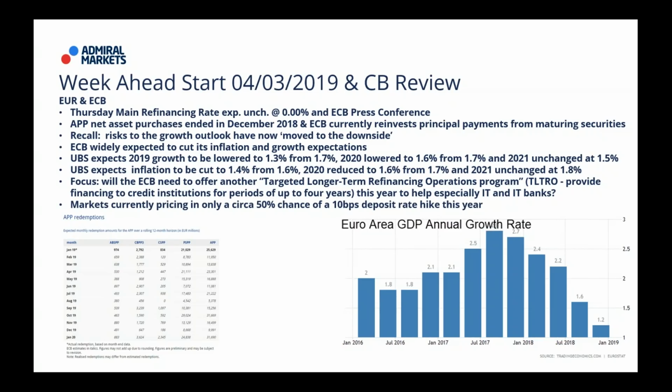Markets are currently pricing in only a roughly 50% probability of a 10 basis point deposit rate hike this year. I, at the moment, don't see it at all in 2019. I know that we're still talking about rates will remain low through the summer of 2019, which the market then implies a 50% probability for a 10 basis point rate hike after the summer of 19. Currently don't see that. But of course, I can't argue with the market, and neither can you guys. It's a 50-50 toss. We'll just have to see in terms of GDP growth, how it's coming in, and inflation numbers, how those are developing, i.e. keep an eye on a hold.